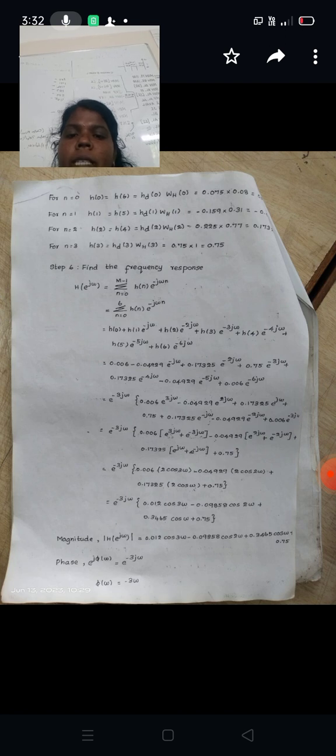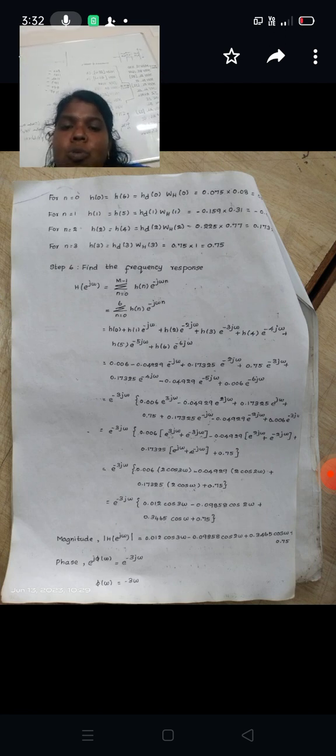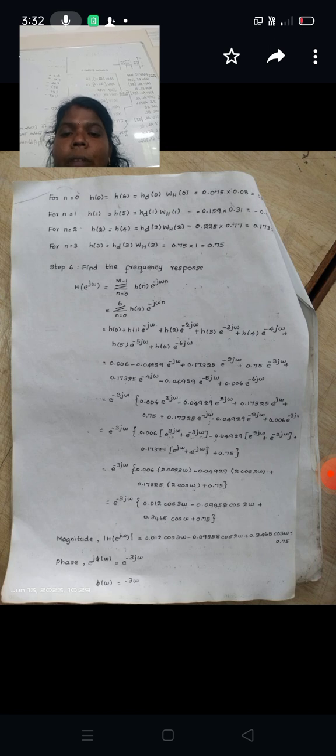Next, e power j theta plus e power minus j theta equal to 2 cos theta. Okay, therefore we get 0.06 into 2 cos 3 omega minus 0.04929 into 2 into cos 2 omega plus 0.17325 into 2 cos omega plus 0.75. Next, multiply the constant with 2. Finally, we got magnitude is equal to modulus of h of e power j omega equal to 0.012 cos 3 omega minus